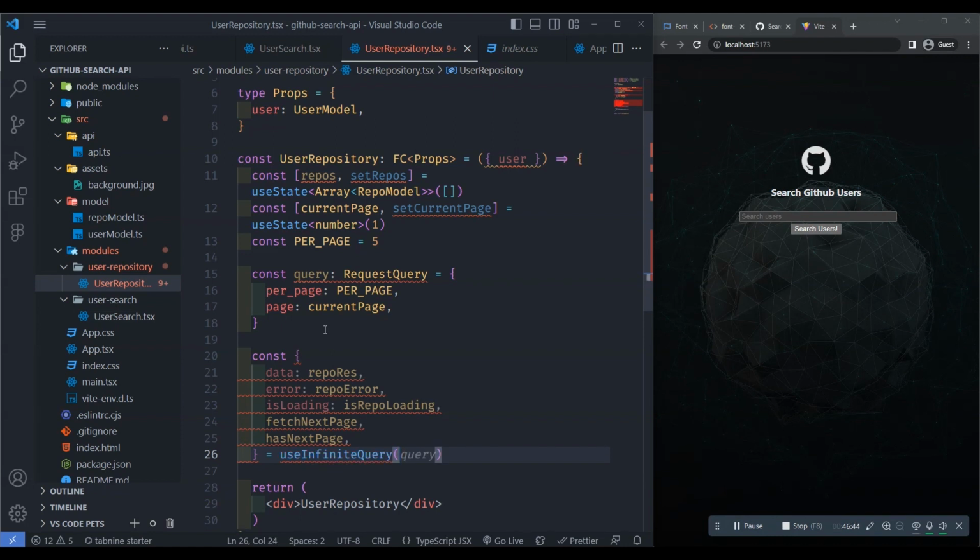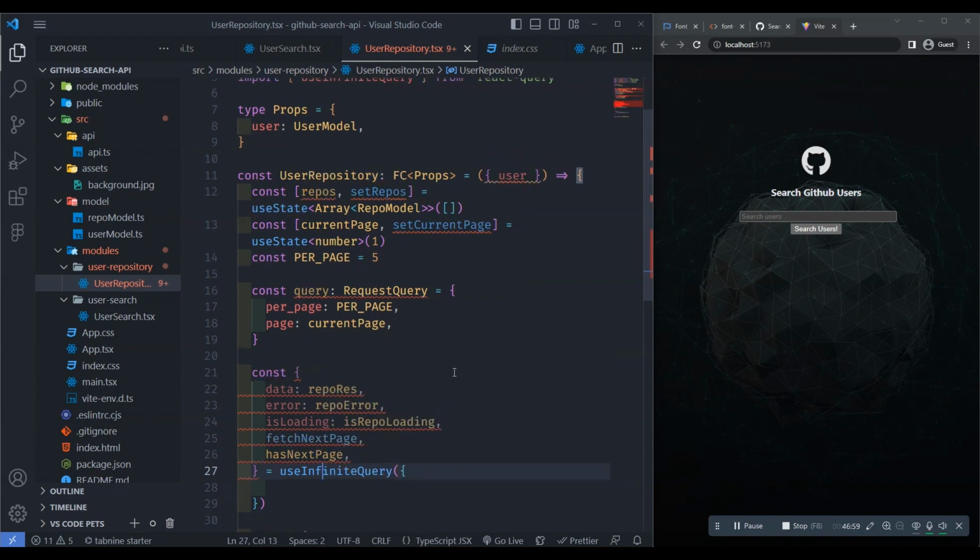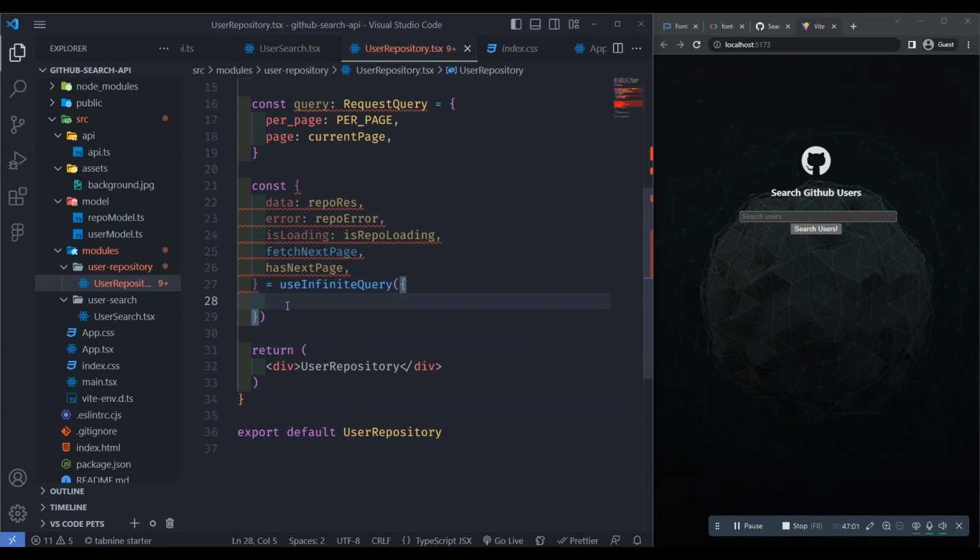And open parenthesis, an object of. Import the useInfiniteQuery from React Query,